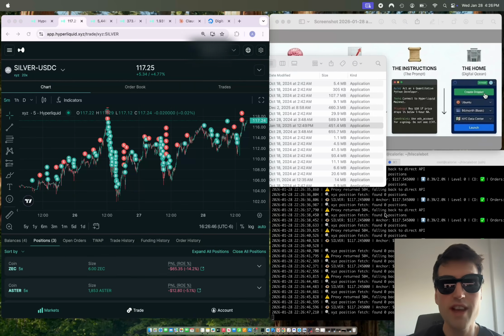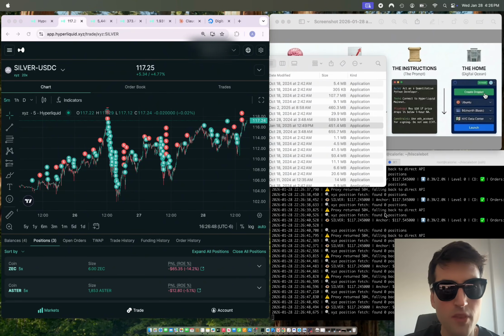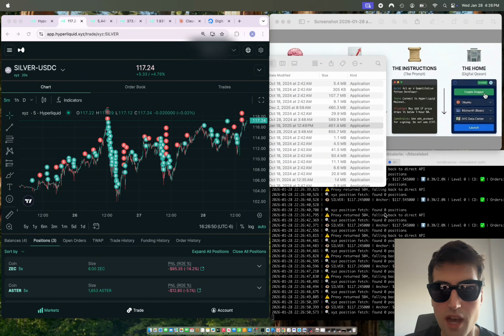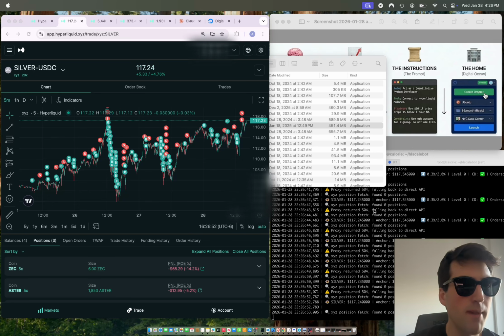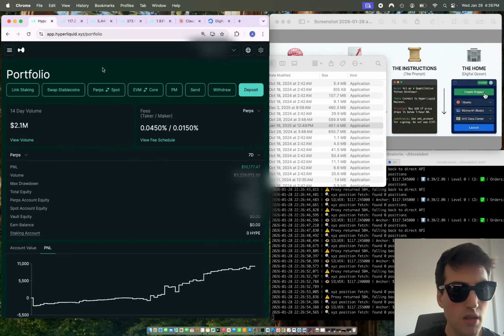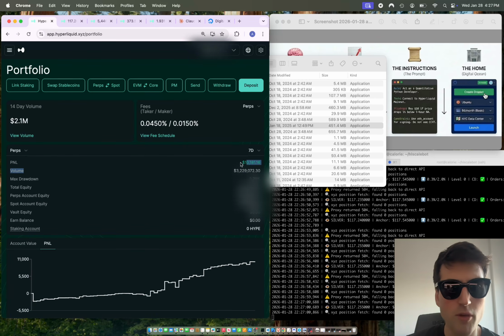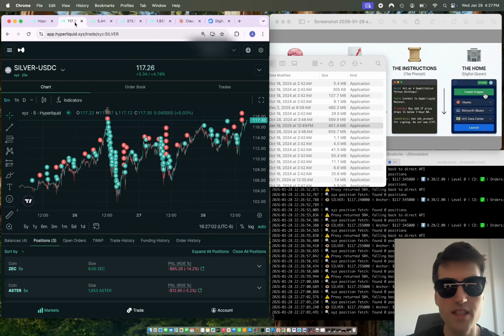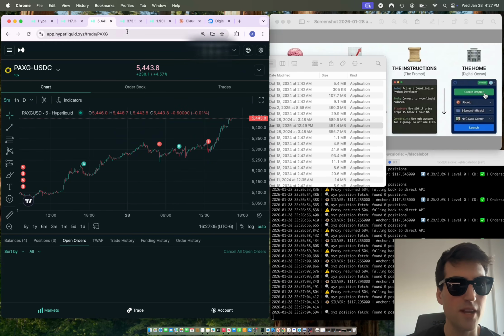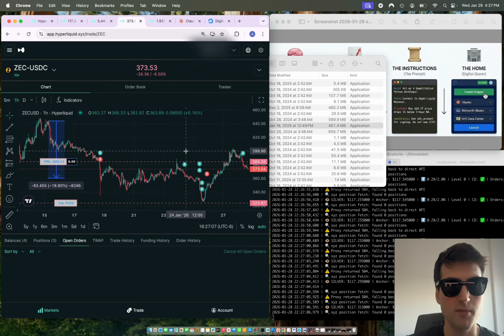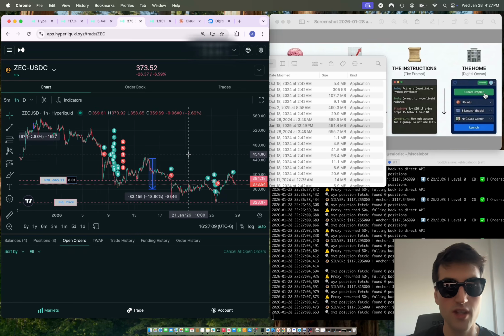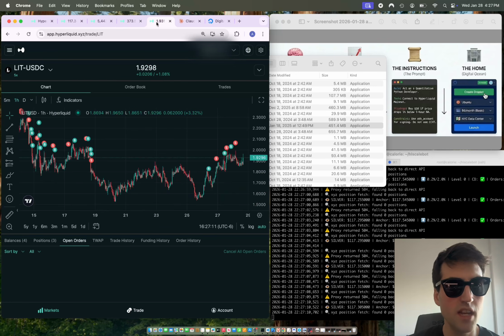What's up, guys? So in the last week, I've been trading on Hyperliquid with my mean reversion bots that I've coded, and we're up about... Let's refresh it. We're about 10 grand, mostly trading a couple commodities, silver, gold. They've been on crazy runs, and also we've been trading some of the strongest, I think, cryptos like Zcash,